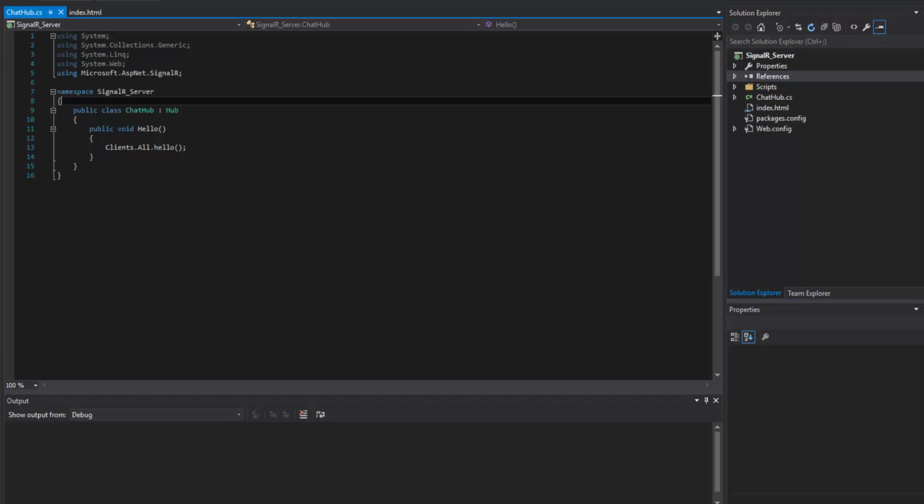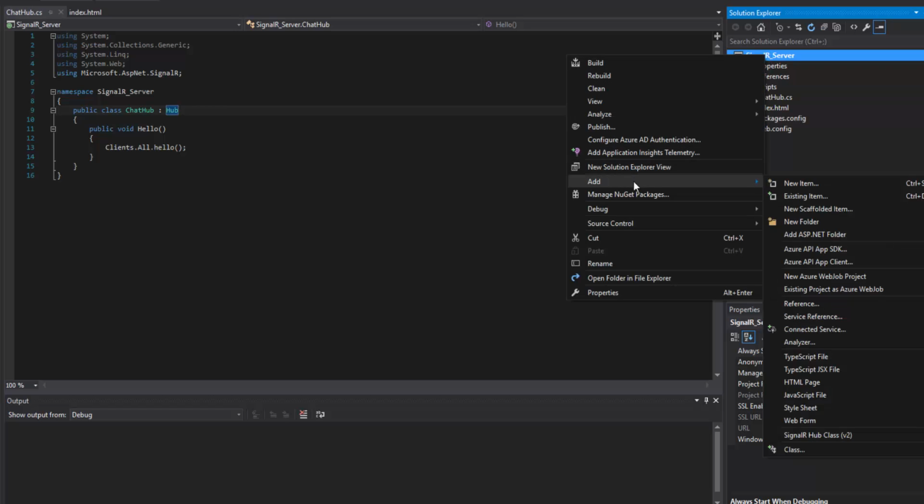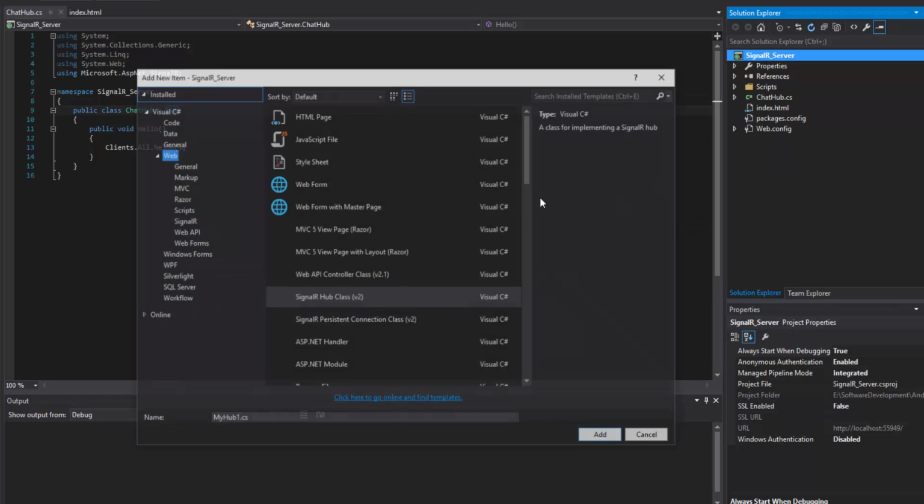Okay, now that that's created, this is going to be a chat hub, and that is what it's called, ChatHub, and a hub is something that a client will be able to connect to. The next thing we need is a startup. That's going to be the one that actually does the configuration and starts up the SignalR server implementation. So let's go ahead and come back over here to our Solution Explorer, new item,